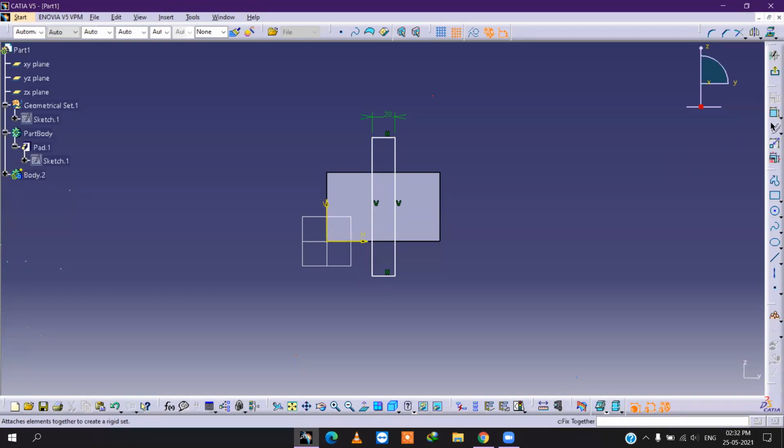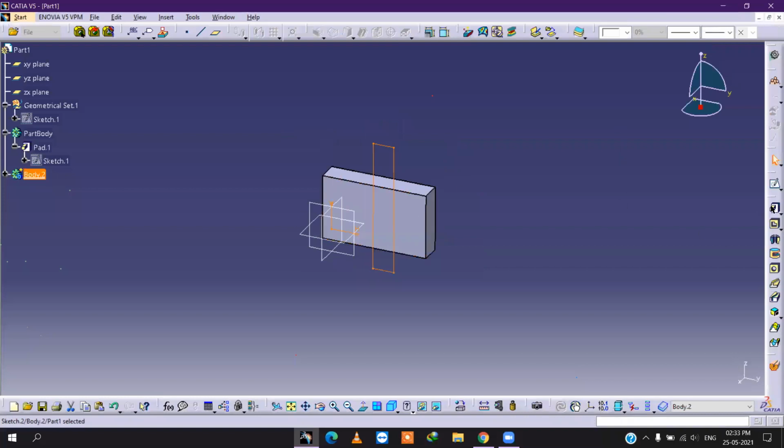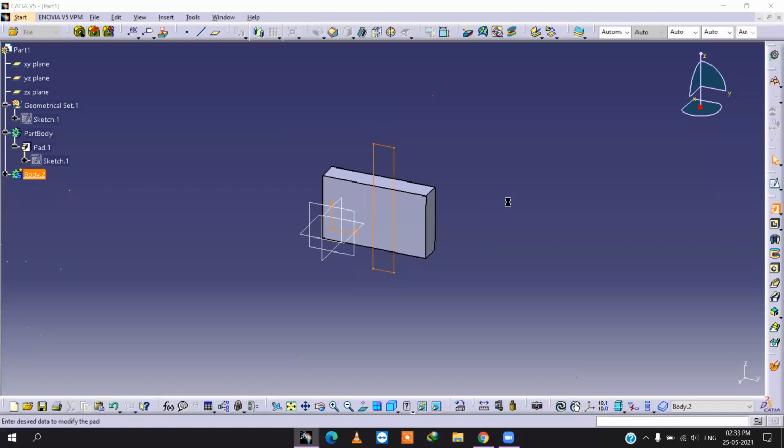One thing: if you select this once, you can give only one dimension at a time. If you double click here, whatever option you choose, you can use that tool multiple times. So random, perfect, and after that, perfect.